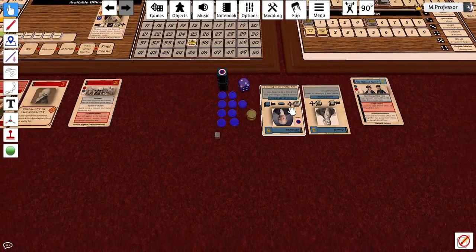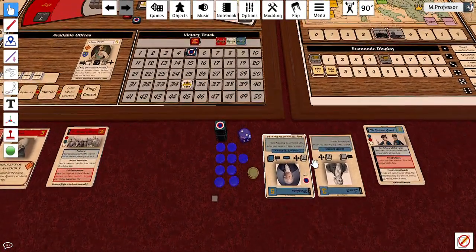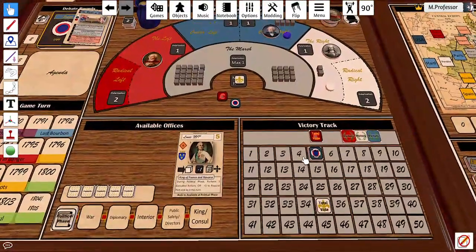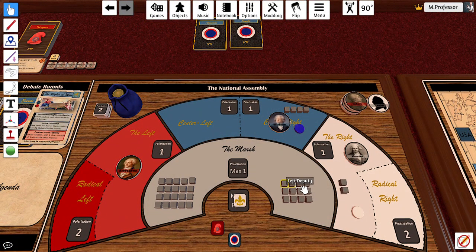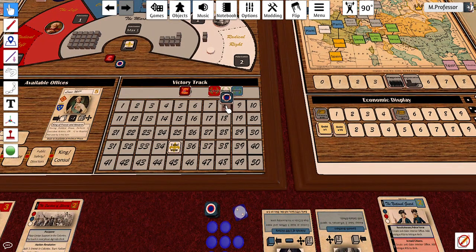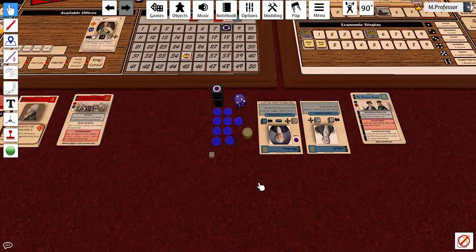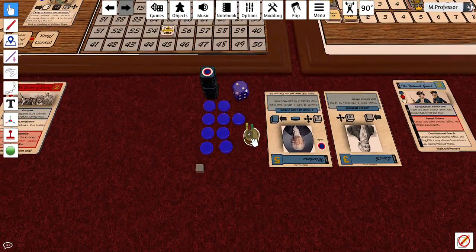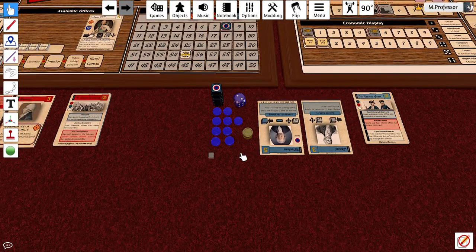And finally, he may sway 3 other deputies, which he will do again from the marsh. That brings him to 8 deputies. But there is a trick. Statesmen can always spend influence alongside their debate action. And what does that do? It adds to those actions. So Mirabeau will spend 2 other influence to move 2 other